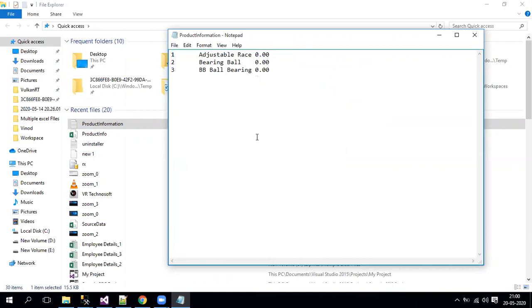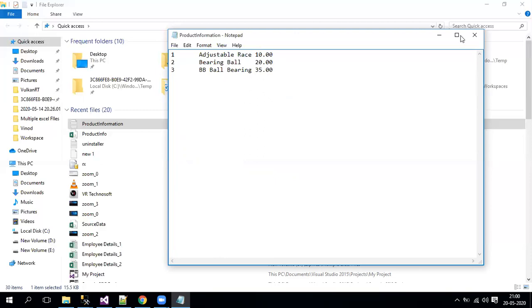Now I'll put three records from whatever was there earlier, and change these values. For example, here the cost is 10.0 and 20.0. So basically I'm updating the cost for the existing records. Now we'll see what exactly will happen.